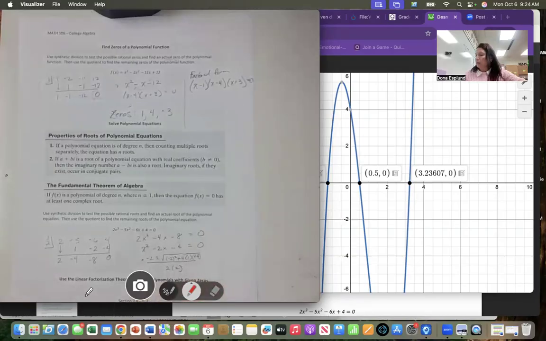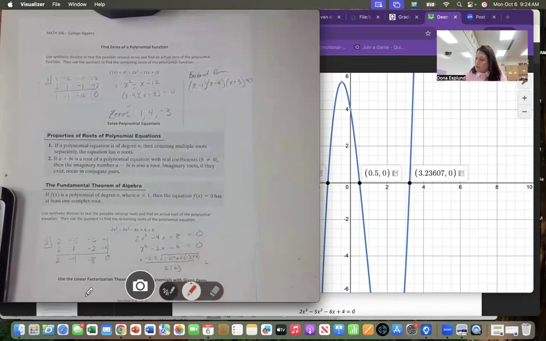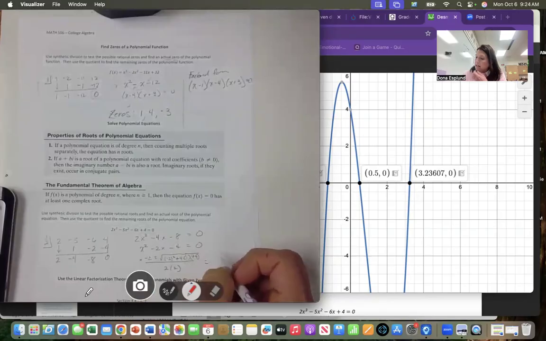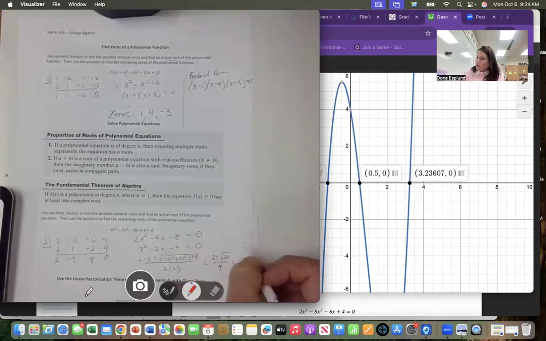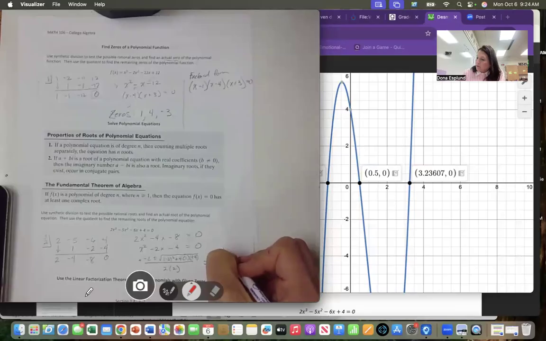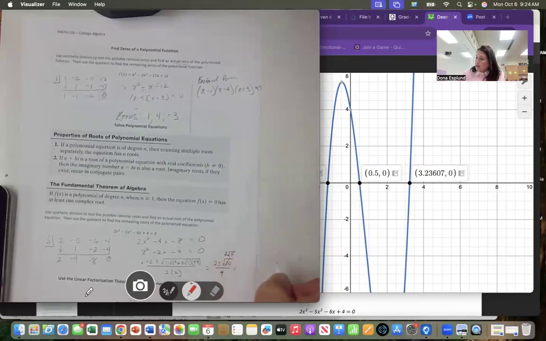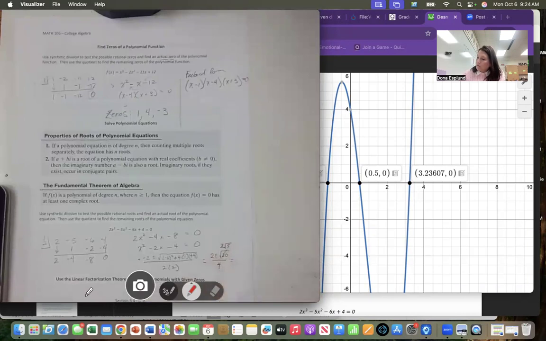So I'm going to grab my calculator and simplify it a little bit with a radical. So I end up with 4 plus 16. So I'm going to end up with 2 plus or minus the square root of 4 plus 16, 20, all over 4. And then I know that the square root of 20 simplifies to 2 square root of 5. 2 times 2, 2a,